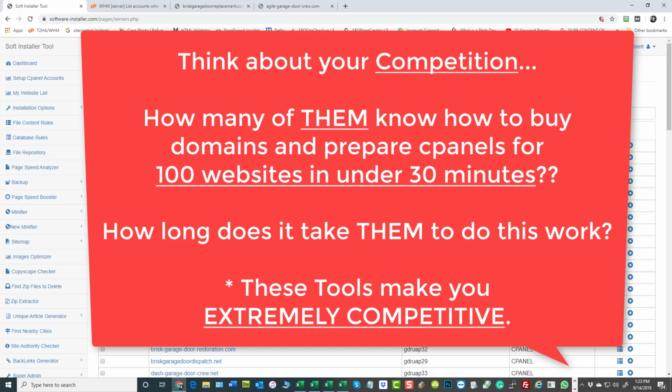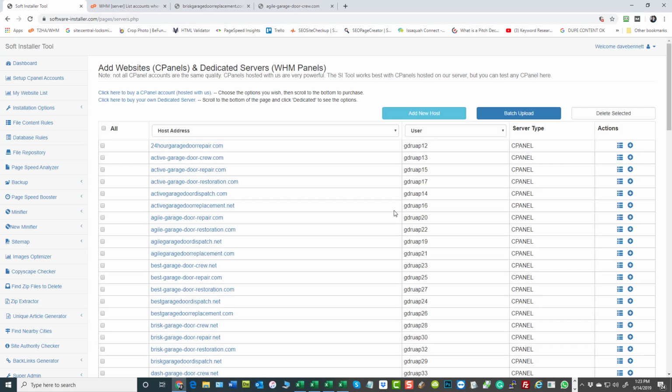You realize that? Half an hour and you have all these websites set up and we are ready to do the installation process. Okay, I just want to point that out. Like 25 minutes to half an hour of work got all this done. Just want to point that out. And yeah, we're going to continue with the next step. And that was for 100 websites, by the way. Okay,